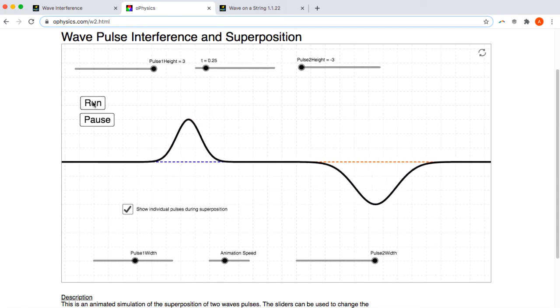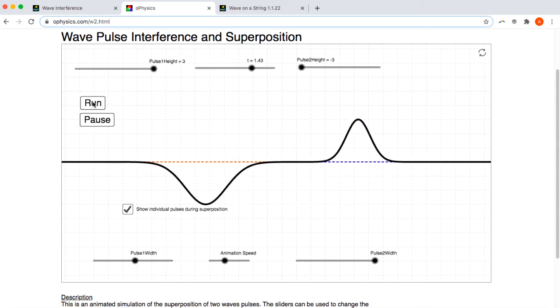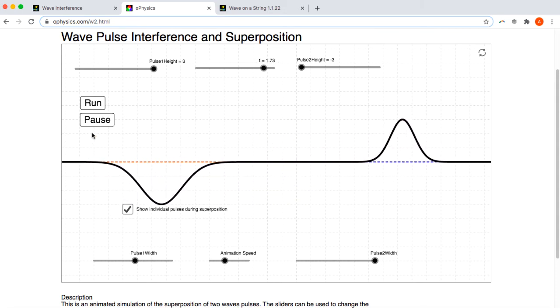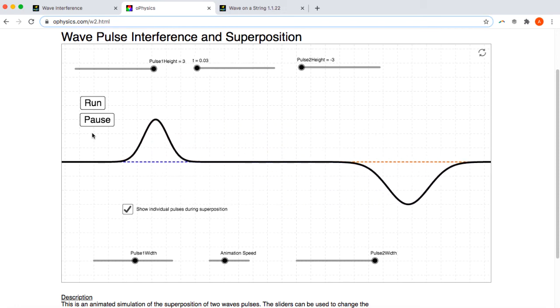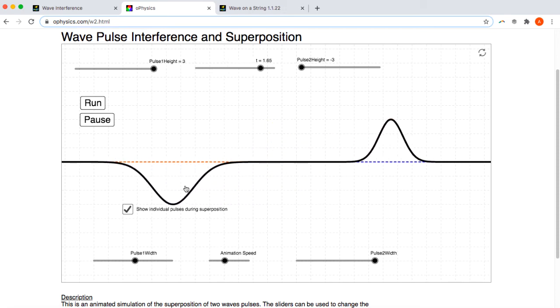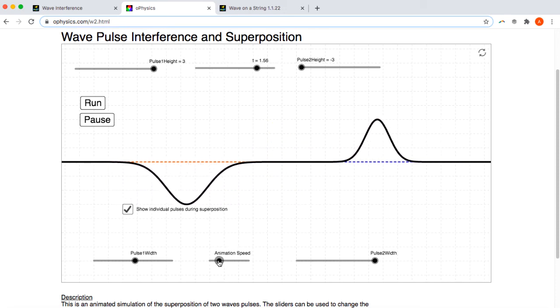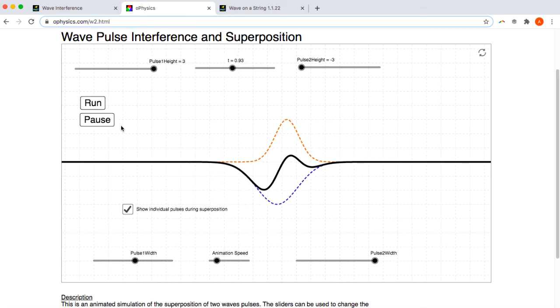We see that there are points when the sum of the two of them results in a displacement that's lower than the amplitude of either wave. And so the displacement is less than it would be because, again, it's an algebraic sum. It's a positive from this wave and a negative displacement from this wave. I'll slow that down so you can watch that a bit more. And so there you see in the center, we've got some times when we even have zero displacement